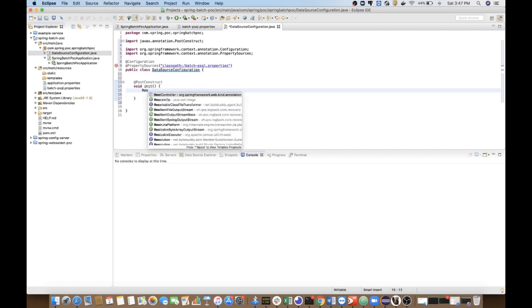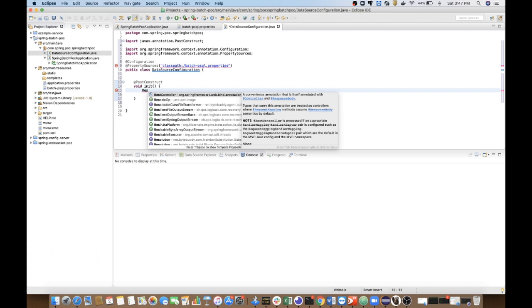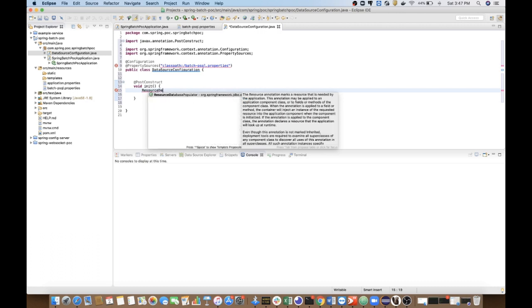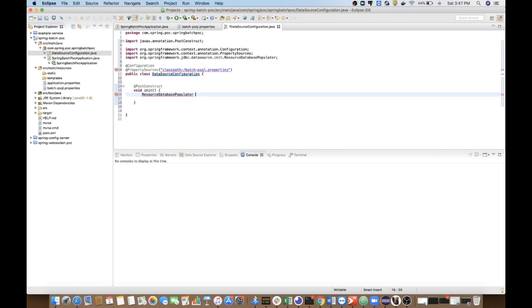So we are using the ResourceDatabasePopulator here. Why do we need it? We are going to set some properties here and I'll explain what these properties are.